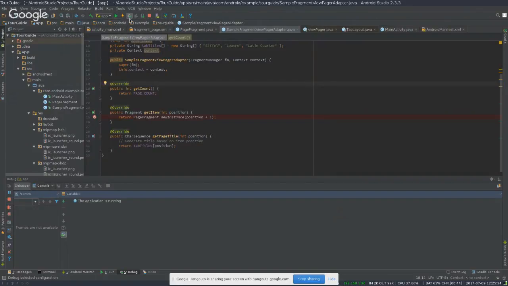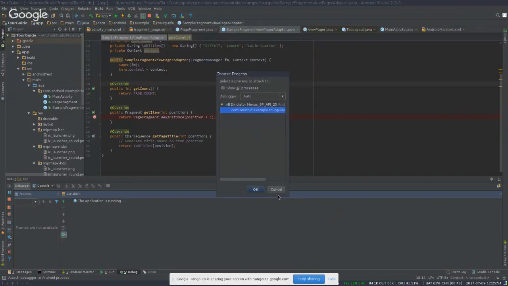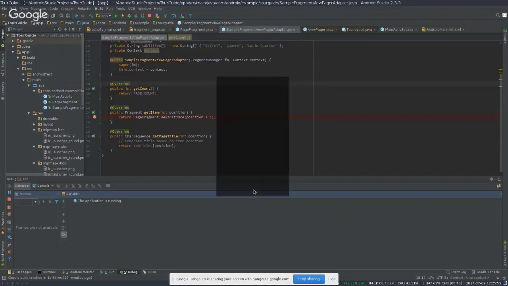That's overkill because you have to wait and wait for it to restart. Another button that you have that's very important here is the attach debugger to Android process. Okay, it's this icon right here with that green little bug on the phone. So if you click on that, it will show you a pop-up and it will show you your running application. Okay, so there you just select that application, you say okay, and this normally will reattach your IDE back with